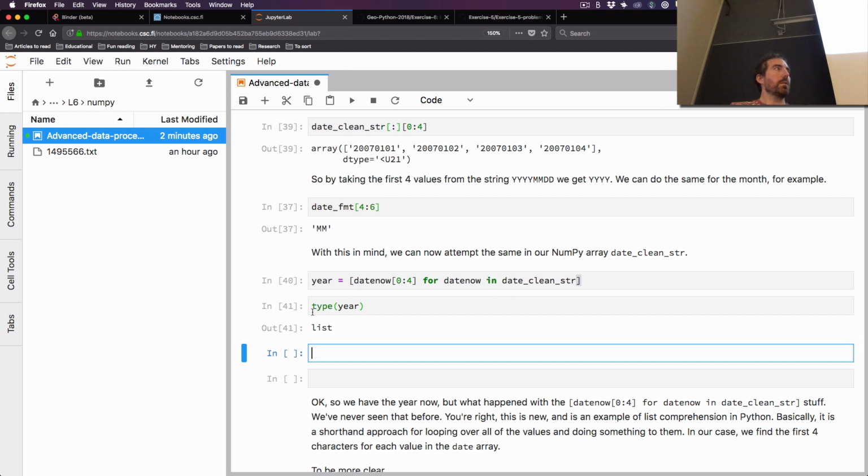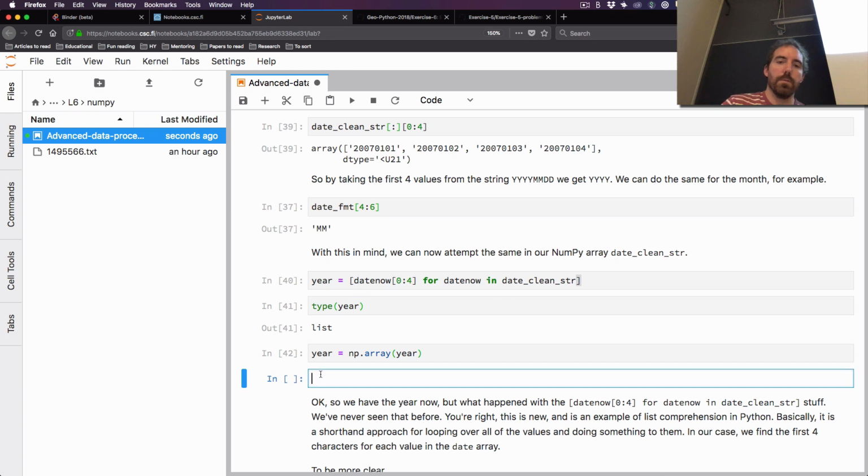So if we want to convert this year into a NumPy array, we have a function to do that, and we can just say year equals np.array of year. np.array will just convert some list, if it can, into a NumPy array. It just changes the data type from list to np.array as long as it has data that it can operate on. If you give it a whole mix, because Python lists could have true or false values or numbers or other lists, you can get this thing to break and give you error messages if you try to convert some weird list. But if it's all the same data type, you can do this